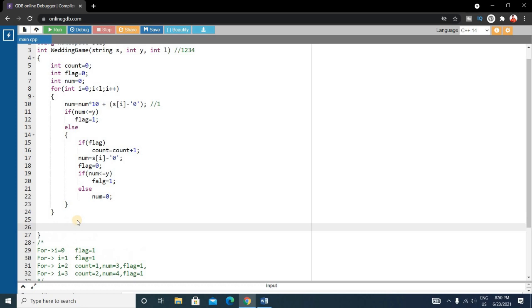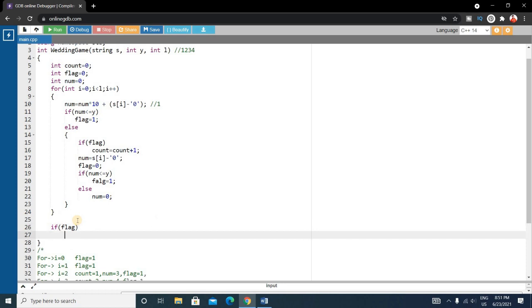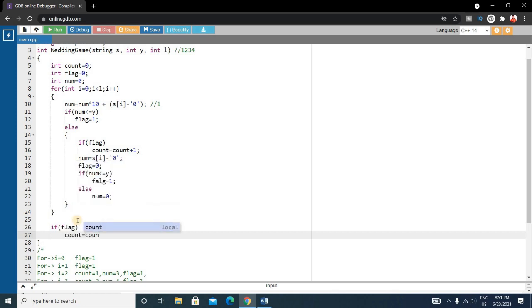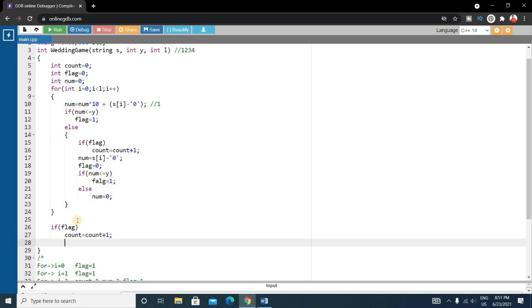Now we'll check here if our flag is 1 or 0. So if flag, that means if flag equals true, then we'll increase the count value. So count will be count plus 1. Okay, so finally we'll return this count. So return